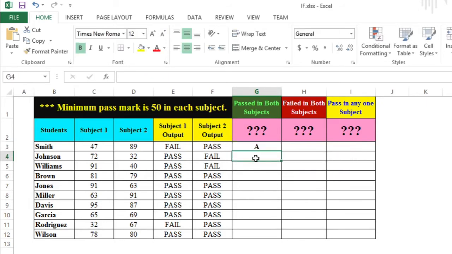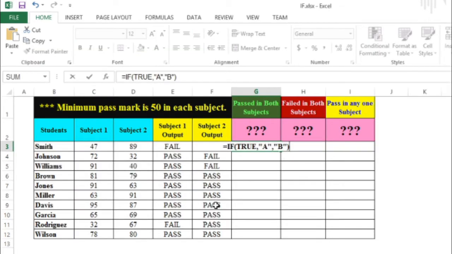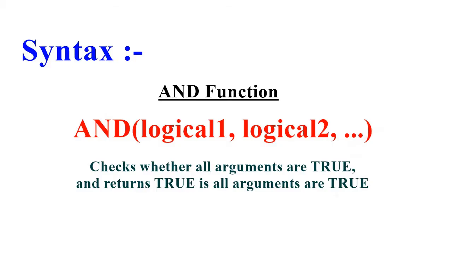The output is A because it is the return if true argument, or the second argument. Why is this happening? Because the function gets the return from the conditional checking part as true, and the if function will give the output of the second argument. I think you have understood the working of if function.